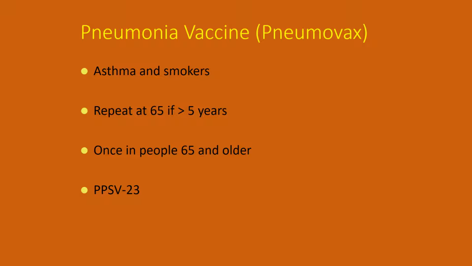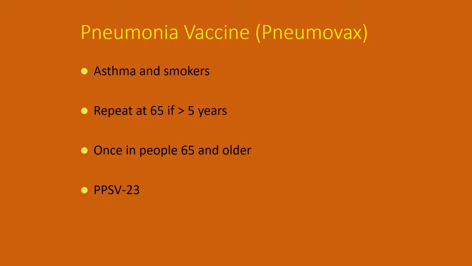So specifically talking about the pneumonia vaccine, there's two pneumonia vaccines. The one you're probably most familiar with is the Pneumovax, which is what they call a polysaccharide vaccine. That's why it's PPSV23, because it has 23 strains. The polysaccharide vaccines are not considered to be quite as effective as the conjugate vaccines, but the Pneumovax has been around obviously a lot longer than the conjugate vaccine, which is the Prevnar.